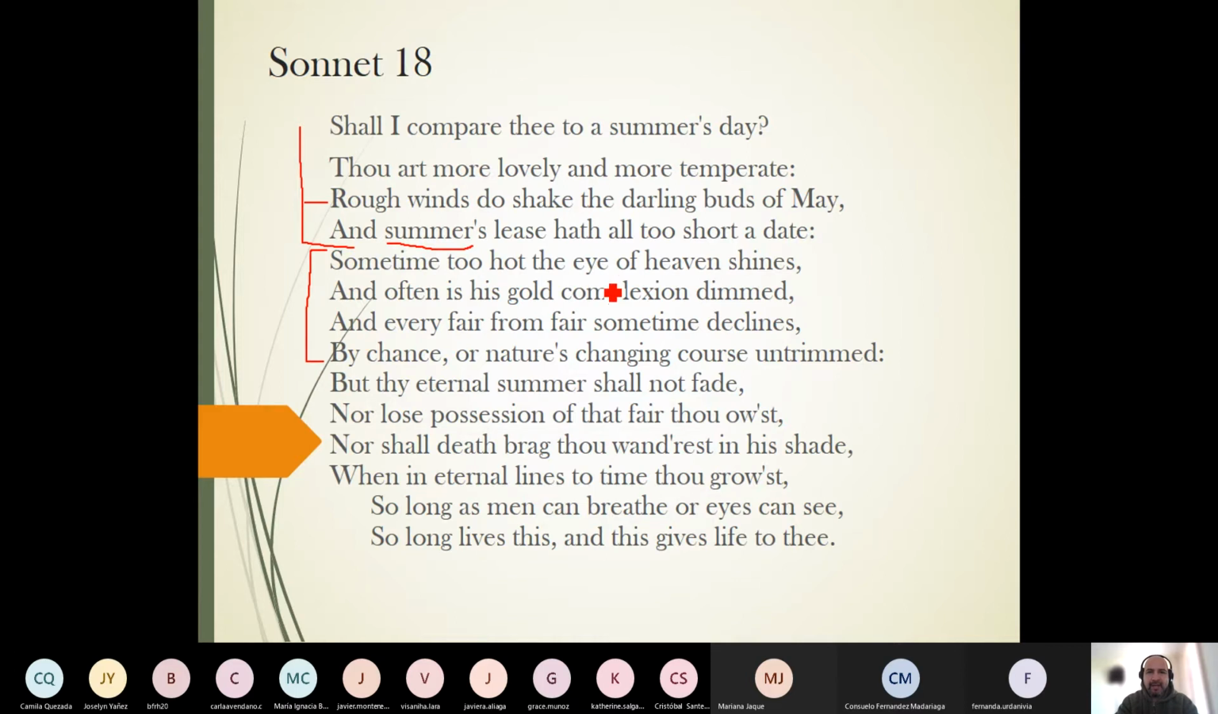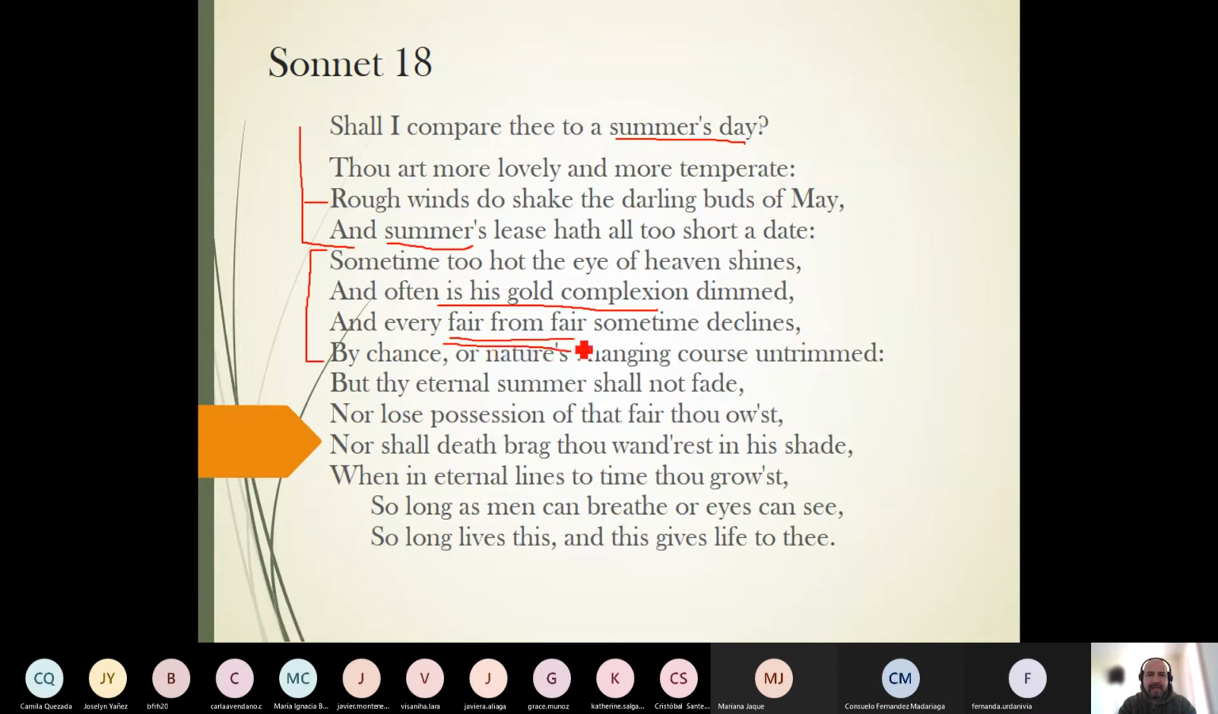Sometime too hot the eye of heaven shines. So why is it not a good idea to compare you to a summer's day, which is a very pleasant experience for most of the people, right? Sometimes the day may be too hot, right? Too hot, and also the sun fades away. Also, the sun sets, right? Just like beauty,